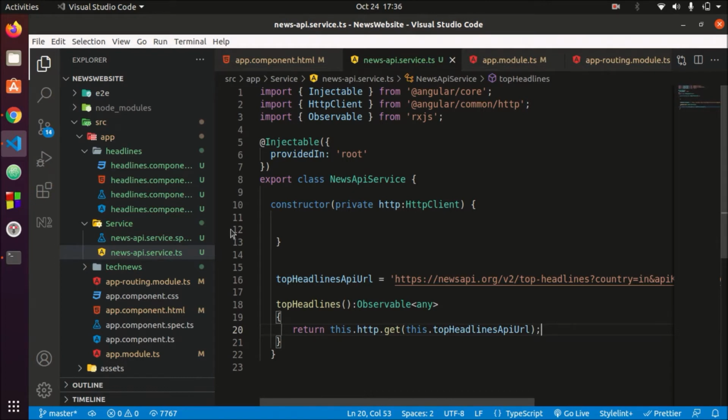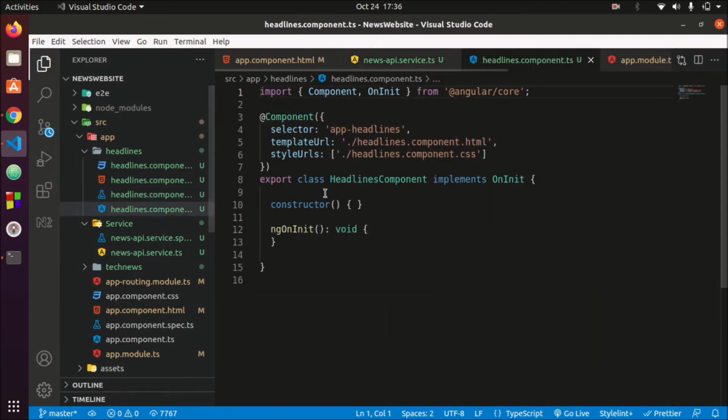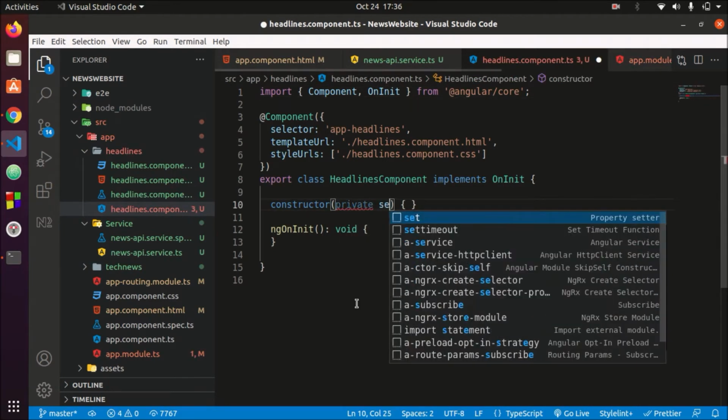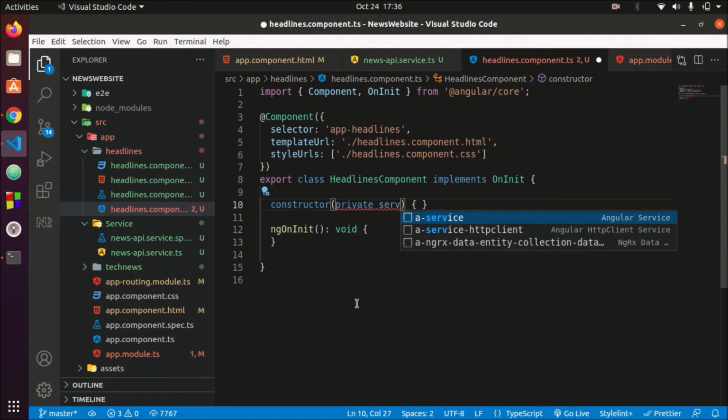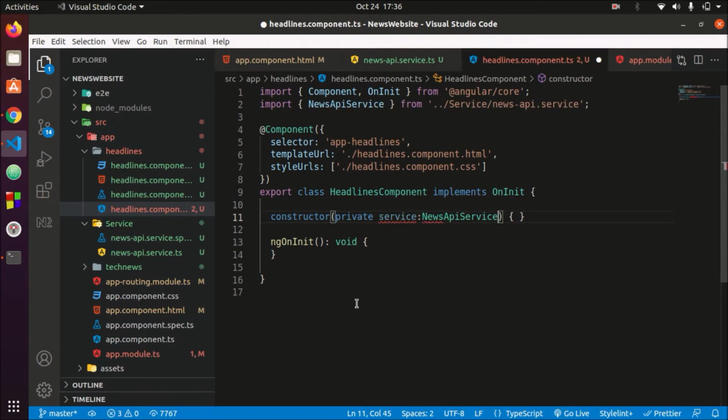Now let's open our headlines component.ts, and let's connect with our API data which we will be getting. So we have to import our API here, so it will be automatically imported when I create a news API service. So it is imported.